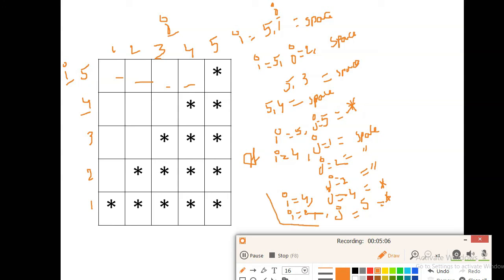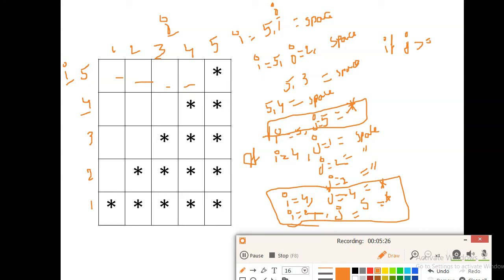If you observe these two conditions, if the j value is greater than or equal to the i value, at that time a star will be printed, else space will be printed.